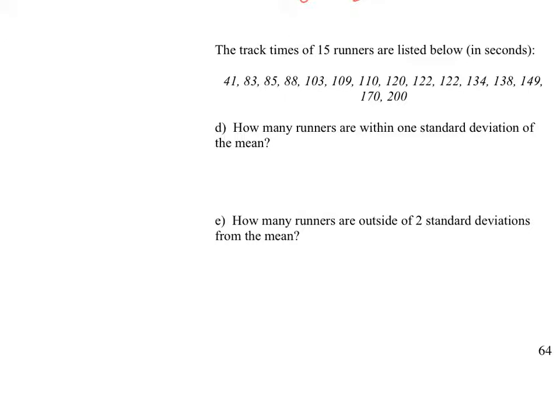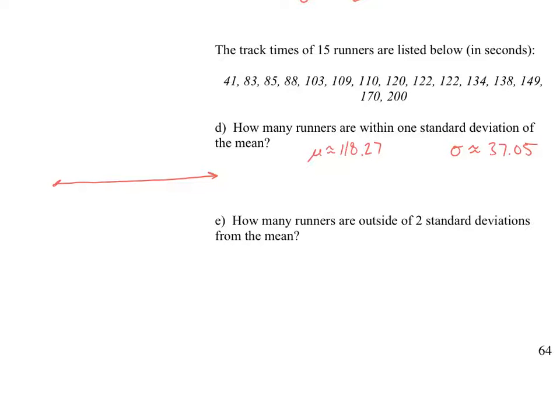So now I'm going to reveal those actual numbers. I got a mean of approximately 118.27 and a standard deviation of approximately 37.05. And if you rounded to the thousandths place instead of the hundredths place, that's great. That's even more accurate than what I'm doing here. To figure out how many runners are within one standard deviation of the mean, I think it's useful to create a number line